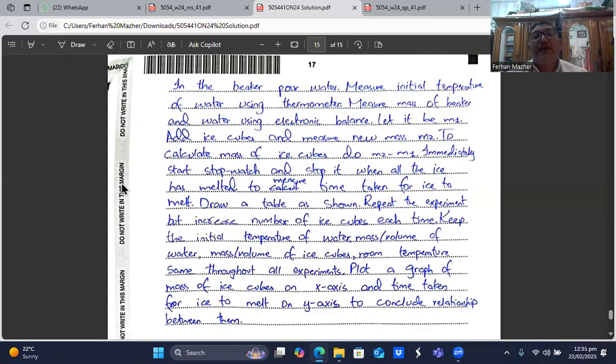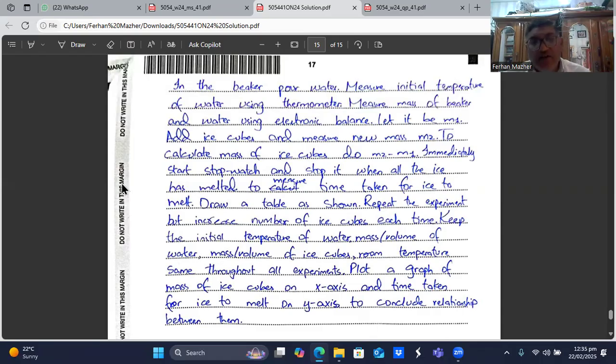To measure the time taken for the ice to melt, draw a table as shown. Repeat the experiment, but increase the number of ice cubes each time. Keep the initial temperature of the water, the mass and volume of the water, and the mass and volume of the ice cubes the same. The mass of all the ice cubes must be identical. Okay, the room temperature should be the same